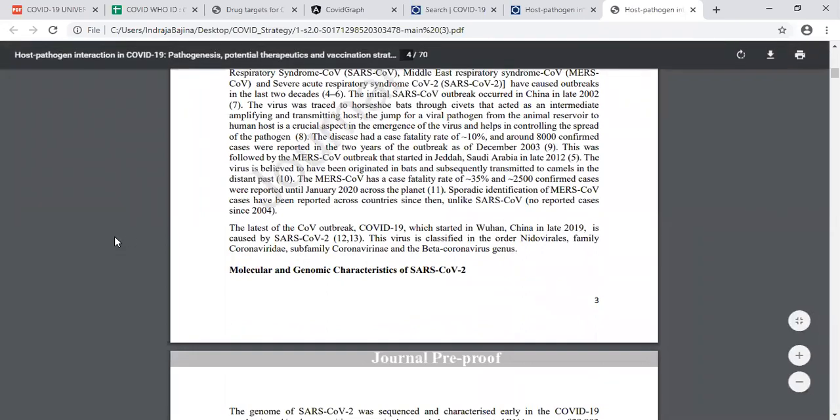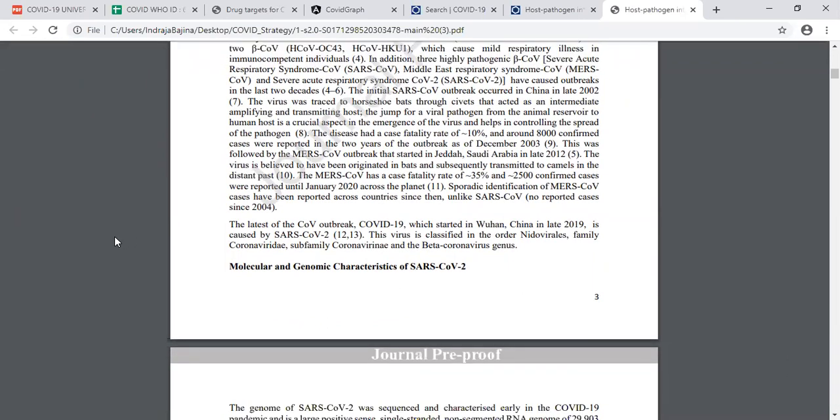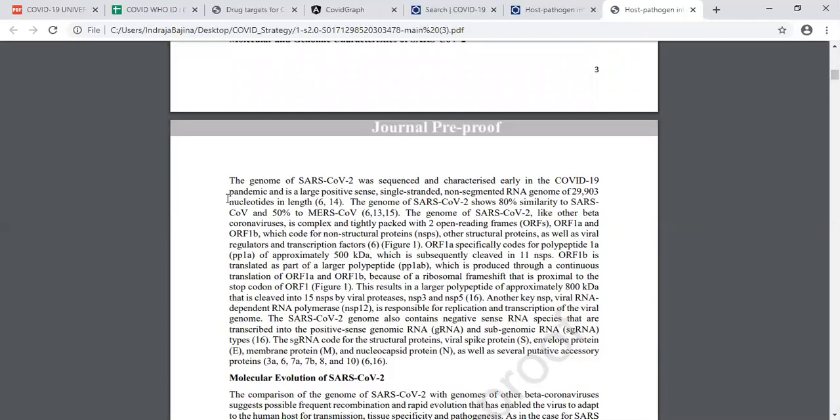So, for example, this talks about the genome of SARS-CoV-2, as in it is a large positive sense single-stranded non-segmented RNA genome of 29,903 nucleotides in length. Okay, this is an important relationship, but again, this could be split into 4 different relationships, as in 4 different characteristics of the SARS-CoV-2 genome. You see, for example, I'm talking about a process here. This research paper is talking about a process here that